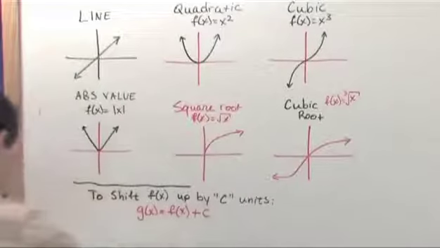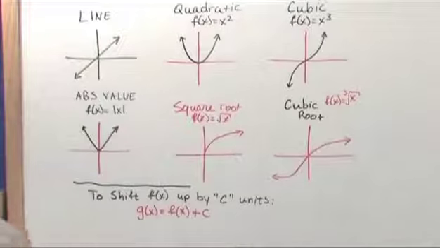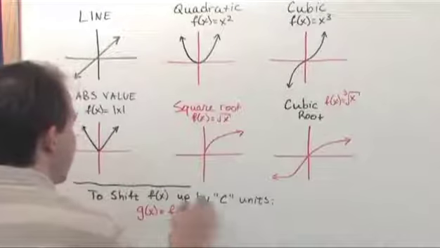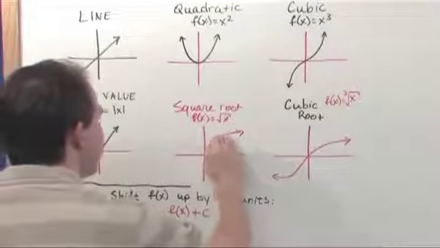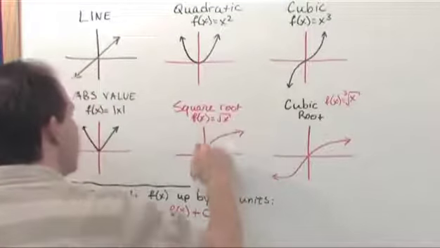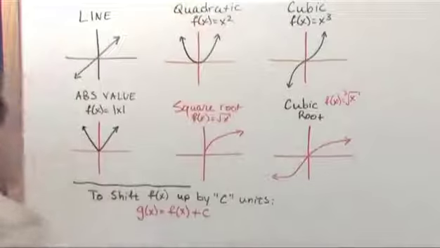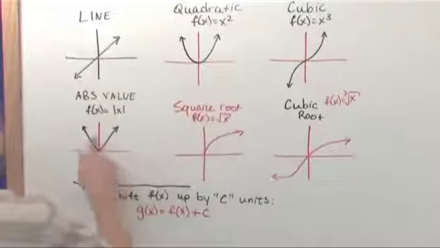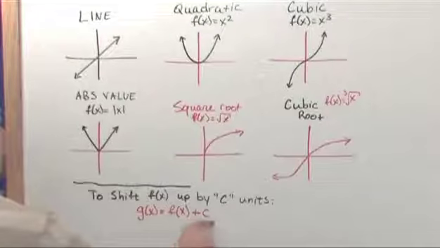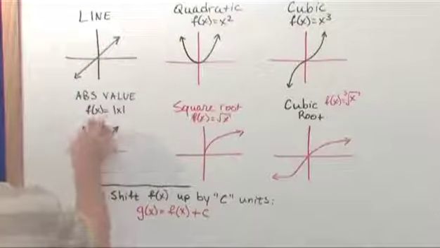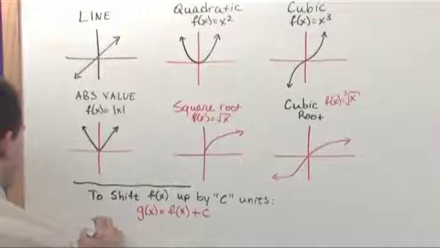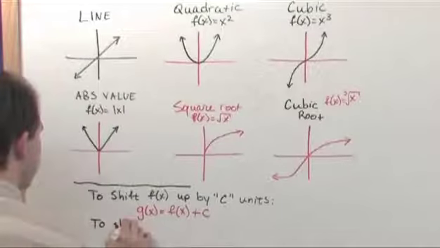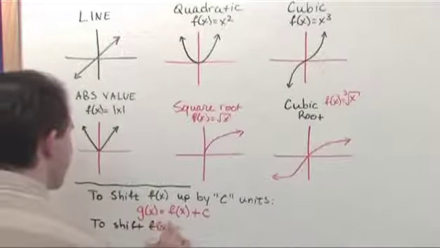plus c. Okay? So when you think about it, here are your functions. You have all of the values of your function, and if you just add a constant amount to it, then every one of these points is just going to be shifted up. So any function that you have, if you add a constant to it, could be 5, could be 10, could be 2, it's going to shift every point up by that many. Okay? So similarly, now that you understand that, to shift f of x down